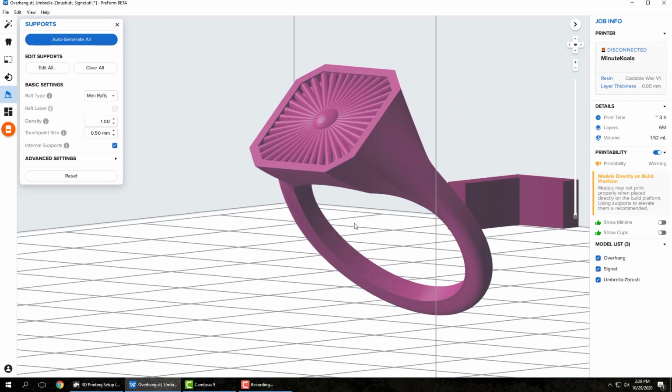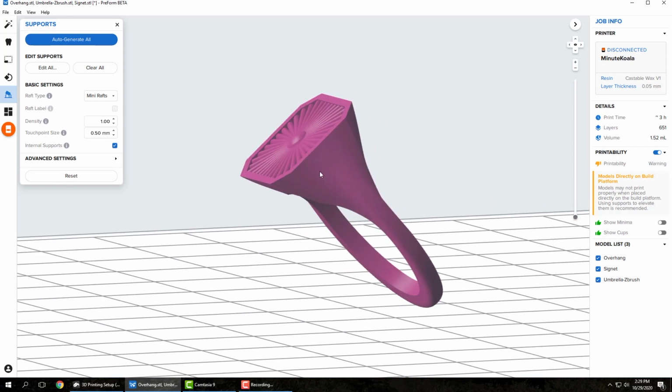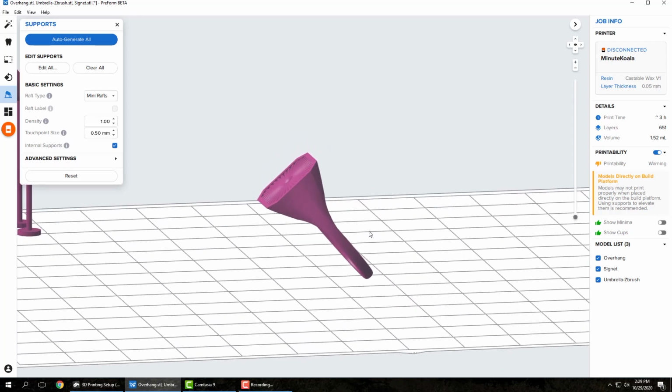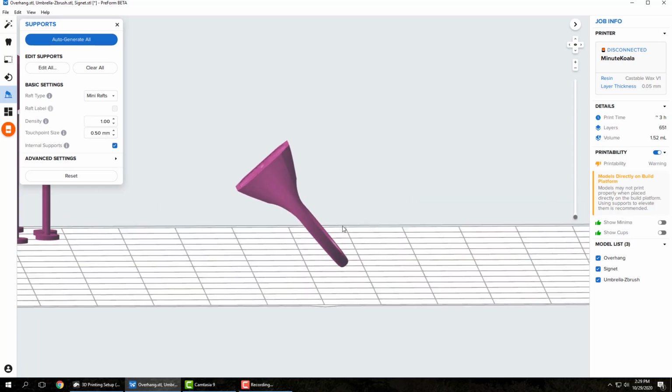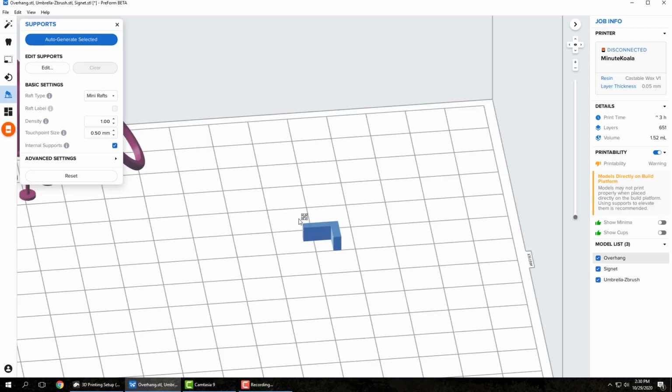So yeah, if you're having trouble getting a consistent print, or it prints fully and you're still getting some weird surfaces, try a change of orientation. This works especially well with these types of rings. More often than not, you can print it straight up, but just kind of tilting it over maybe 30 degrees or 45 degrees will definitely help if you're having issues, after making sure all the supports are where they need to be. And the last one we're going to talk about real quick